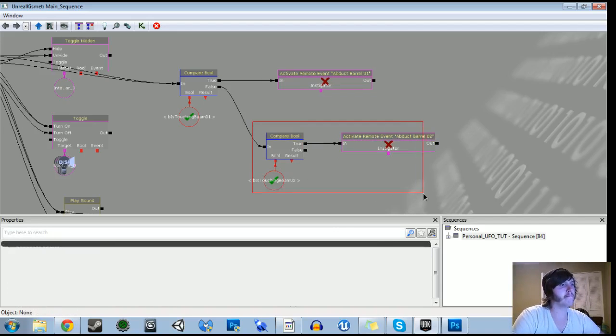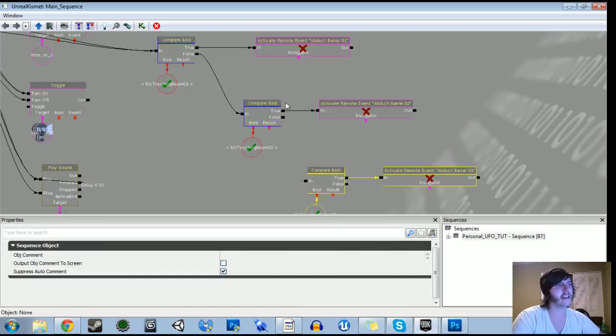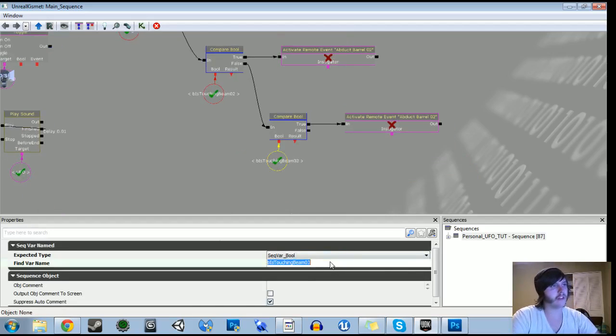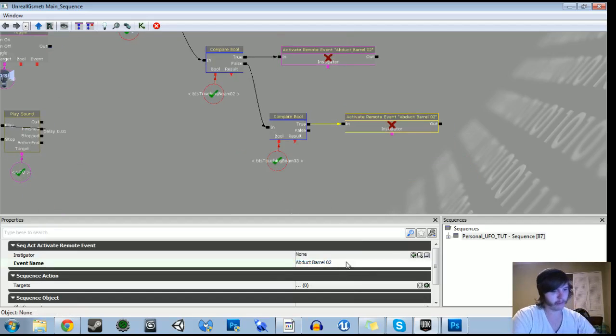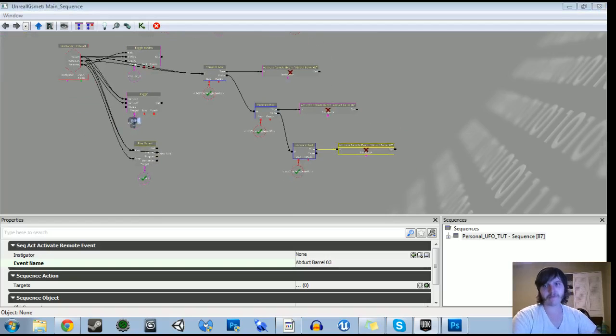We'll do this one last time for the third barrel. So you'll have to do this for each barrel or cow, whatever you want to say you have in your level. So let's just update that to 3, as well as the remote event to number 3. And now we have that all set up. All we have to do now is set up the actual event for when we abduct those barrels. It's not going to be too hard. So with that,